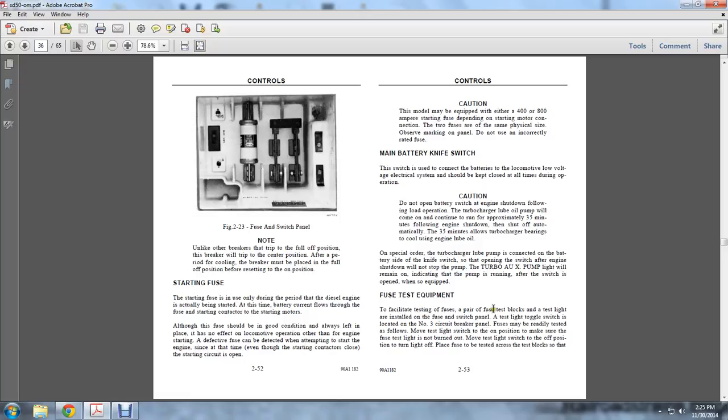Fuse testing equipment. The facilities for testing fuses are a pair of fuse testing blocks and testing lights installed with the fuse and switch panels, with light toggle switches, located at number 3 circuit breaker panel. Panel fuses may be readily tested as follows. Move the test light switch to the on position to make sure the test light is not burned out. Move the test light switch to the off position to turn the light off, and place the fuse to be tested